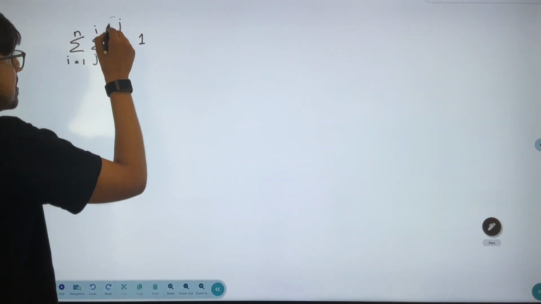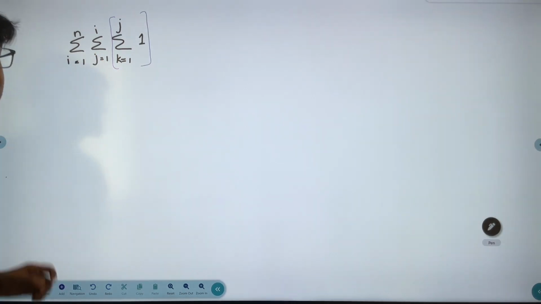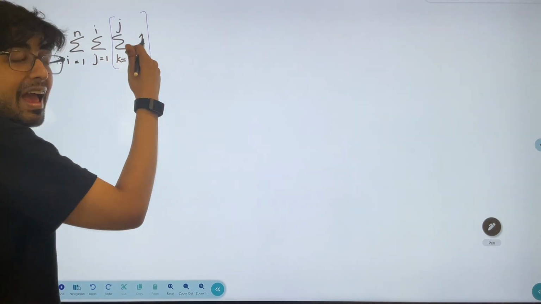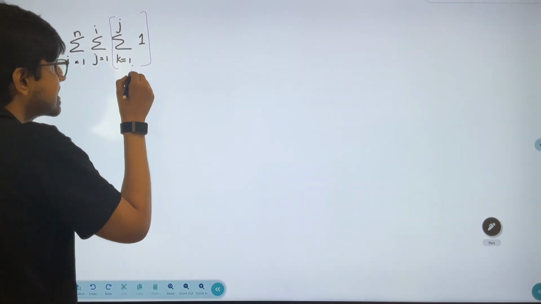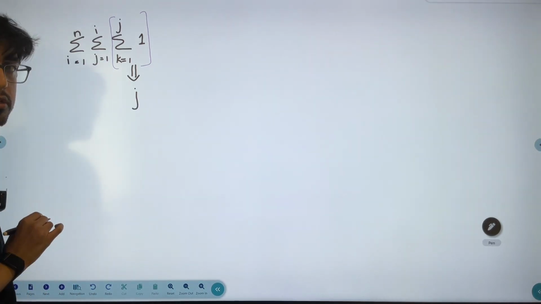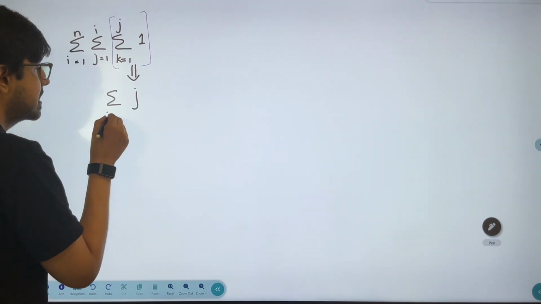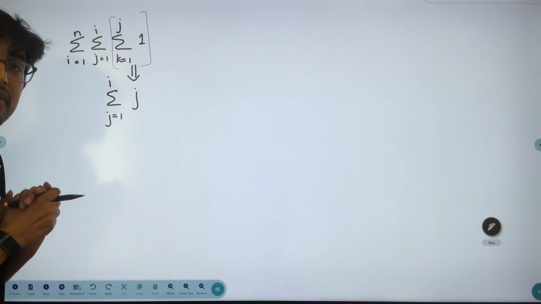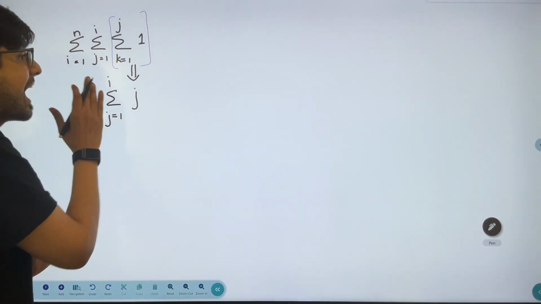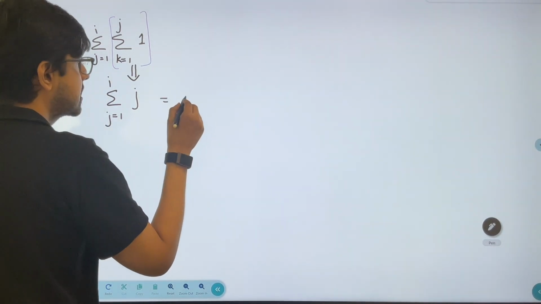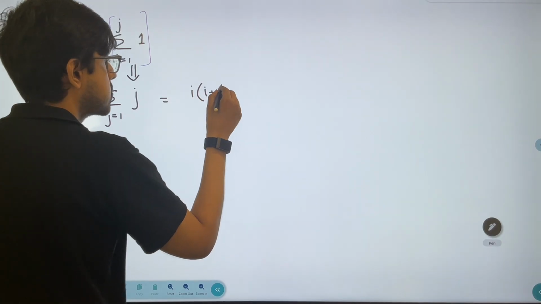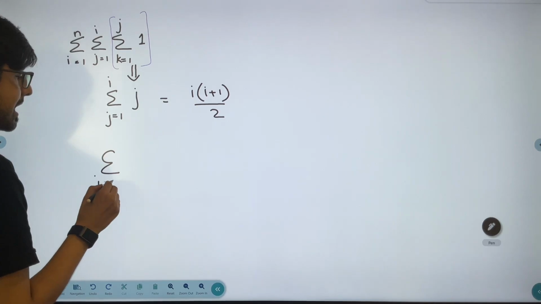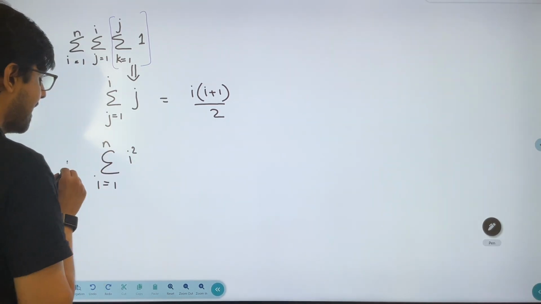Let's start by solving the inside summation first. When k ranges from 1 to j, and I add 1 j times, this inside summation is going to be nothing but j. And now I have j equals 1 to i as my second summation, which is nothing but the sum of the first i natural numbers, which is equal to i into i plus 1 by 2. So the entire question boils down to summation i equals 1 to n,